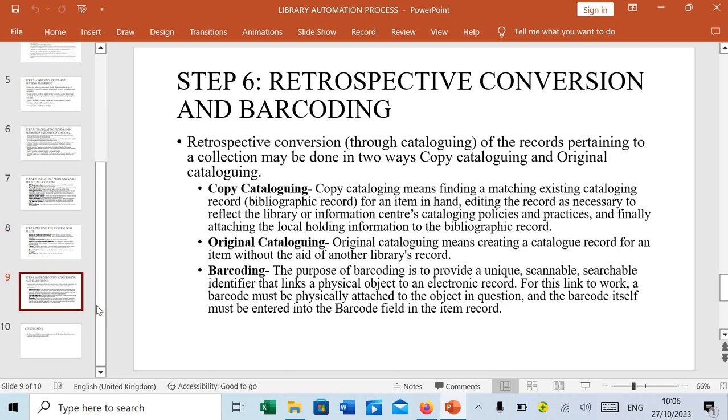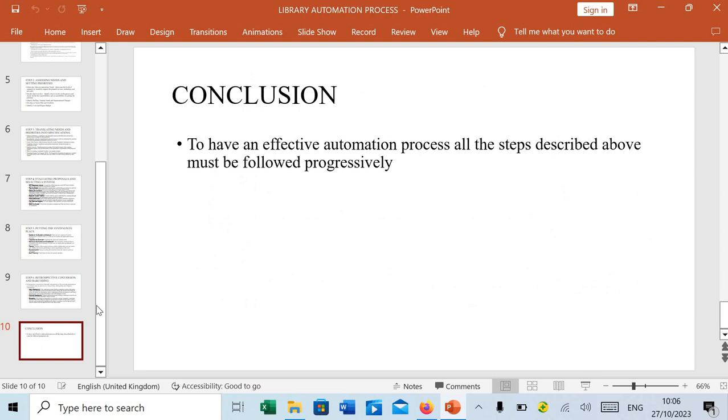Then step 6 is whereby you do the retrospective conversion and barcoding. This is whereby we are talking about putting the records pertaining to the collection into cataloging, whereby you're supposed to copy the cataloging to match the existing cataloging records, the original cataloging, and then you do barcoding. And that's the final step. So the conclusion is whereby we say that for you to have a successful